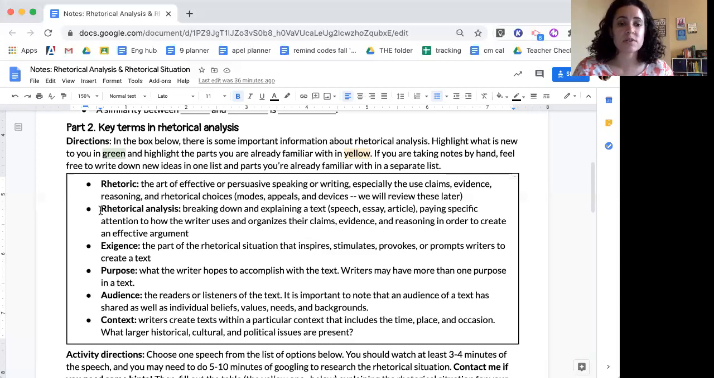Audience: the readers or listeners of the text. And it's important to note that an audience of a text has shared as well as individual beliefs, values, needs, and backgrounds. And sometimes you'll see a speaker